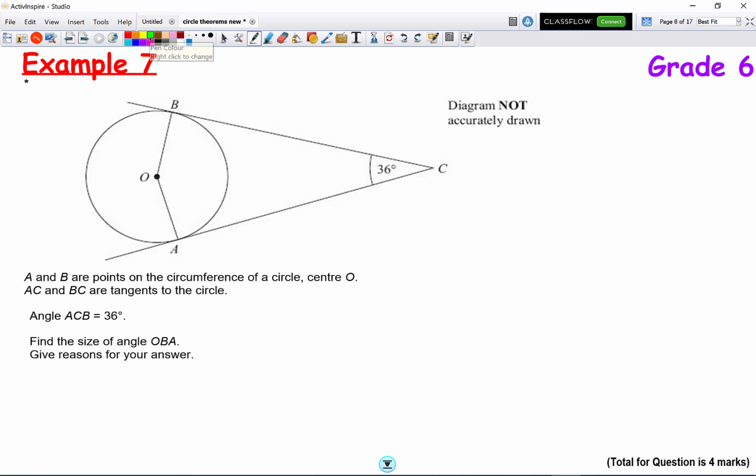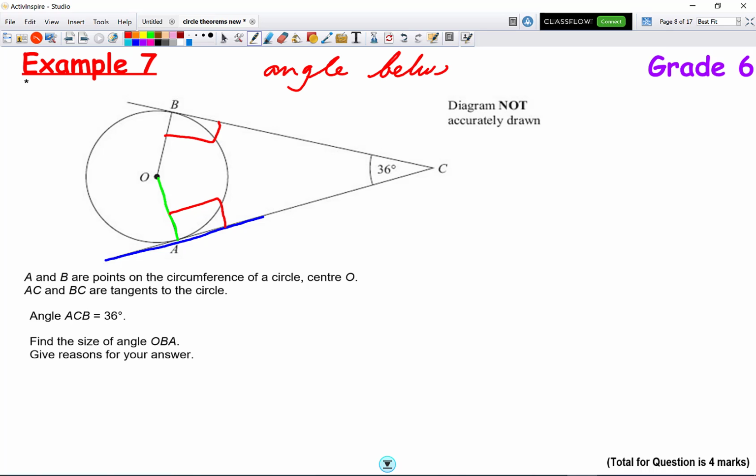So we've got a radius here, we've got a tangent. I'm going to mark in the radius in green, and I'm going to mark in the tangent in blue here. So the angle between them is always 90 degrees. Notice I've got a radius here and I've got a tangent here, so this is also going to be 90 degrees. So let's write down that circle theorem, that the angle